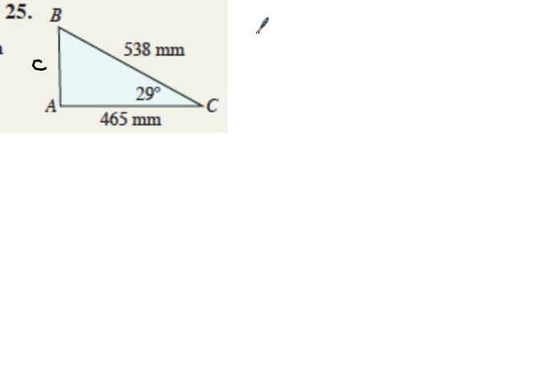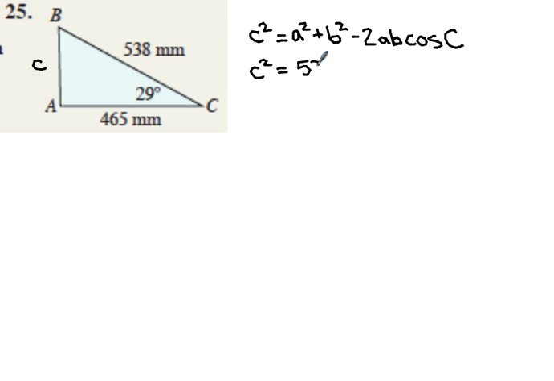So starting with our law of cosines, we can say that c squared is going to equal a squared plus b squared minus 2ab cosine of angle C. So we end up with the formula that comes from our book. And then we'll just substitute in the values. So c squared is going to equal, our a value is 538